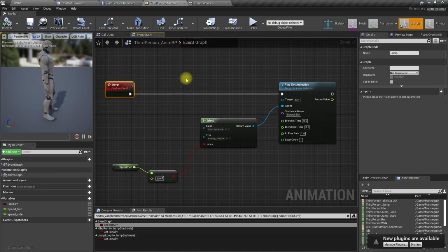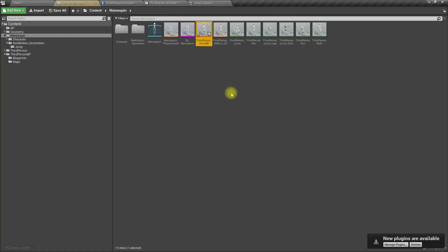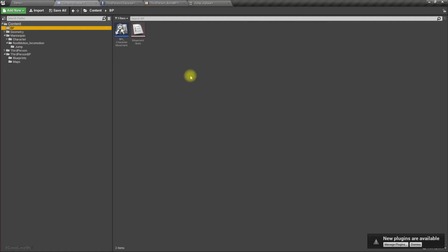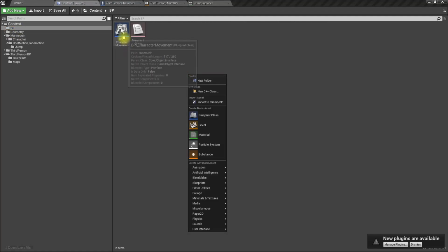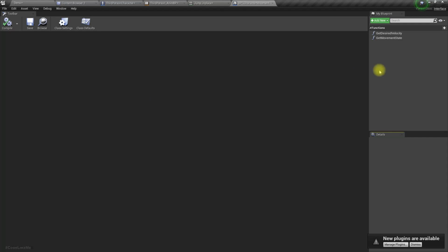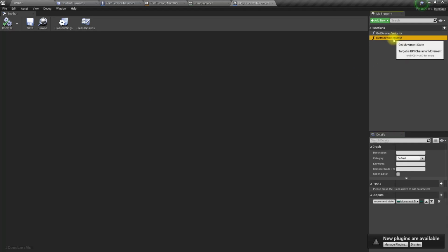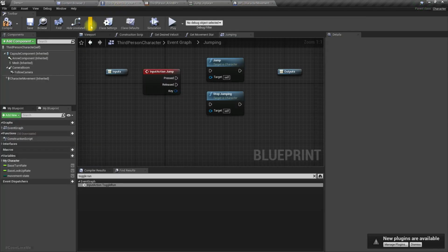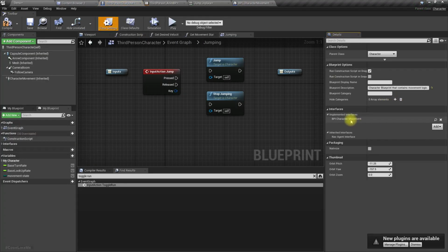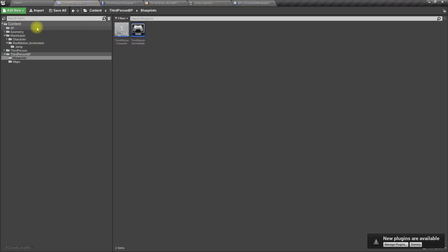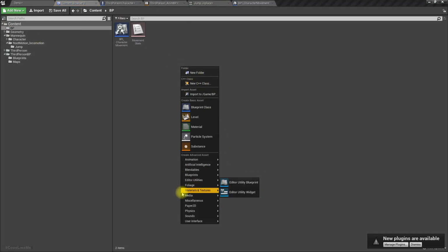So for that, let's define, we have a character movement interface, but I have implemented that one in the character blueprint. So I'll create another interface,